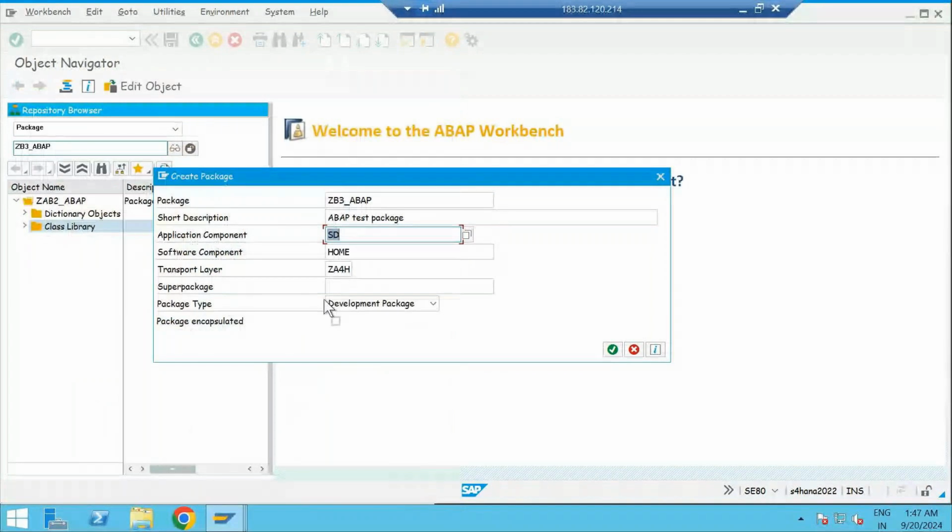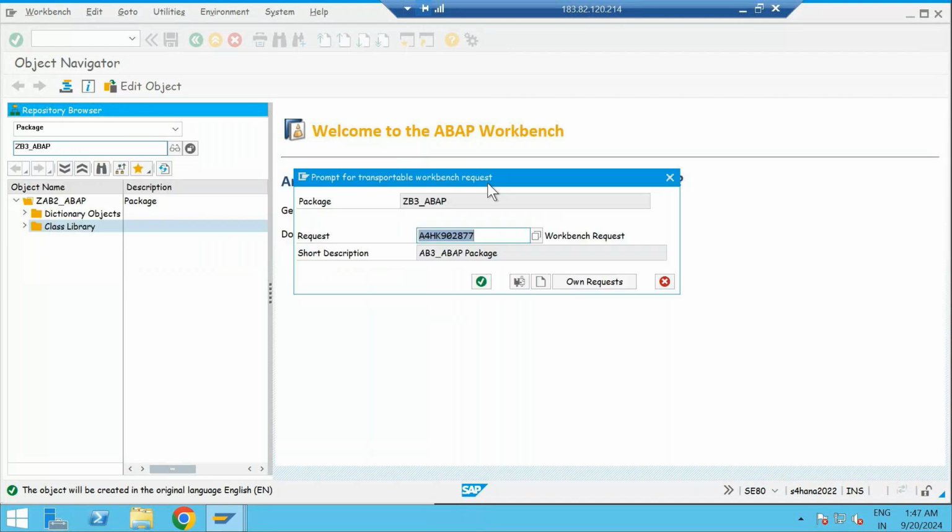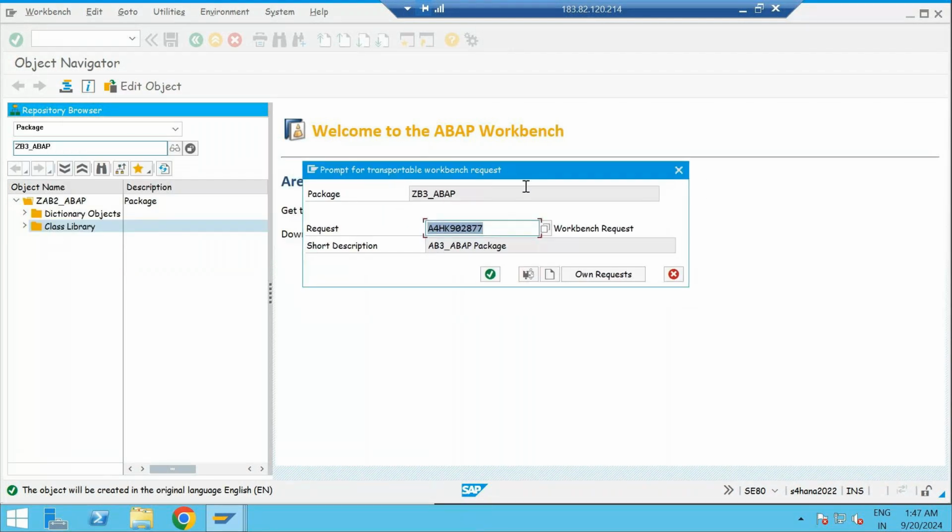See, I'll hit OK now. Super package is not necessary at all. Choose OK. Okay, see, what does it say now? Prompt for a transportable workbench request. Did I tell the system to ask for a workbench request? I did not say that to the system. The system automatically